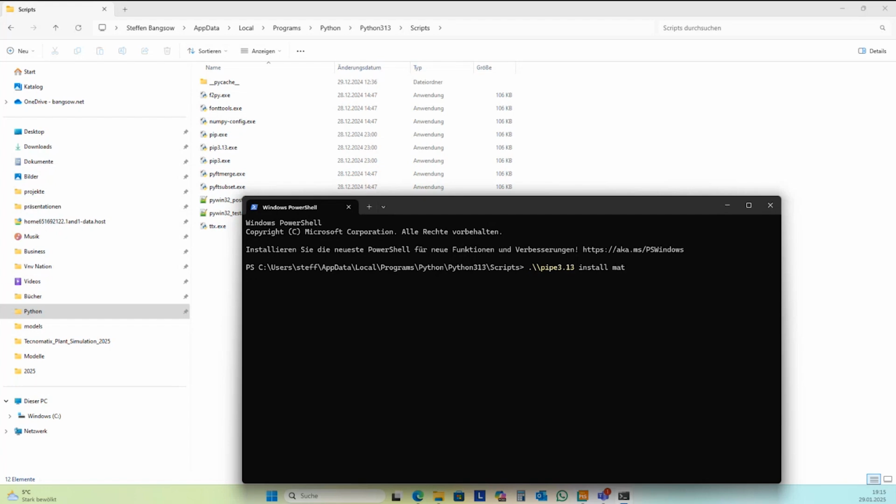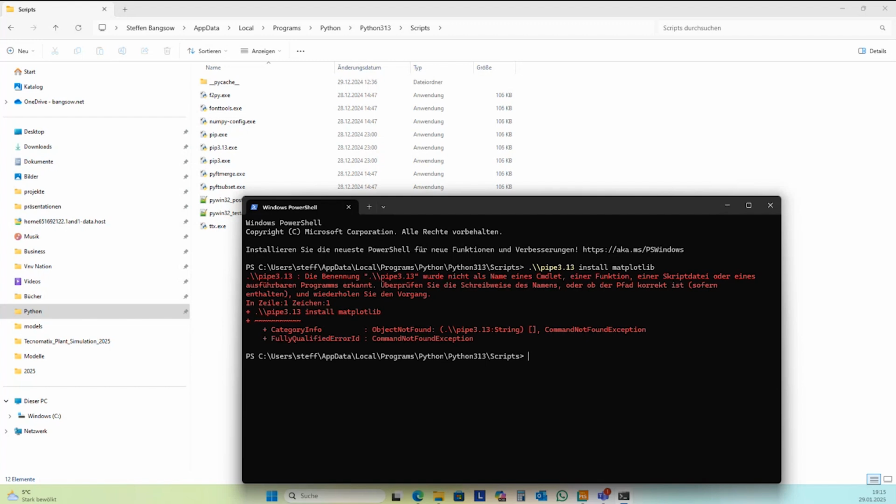And here it's matplotlib. Oh, what's wrong? Have already installed.